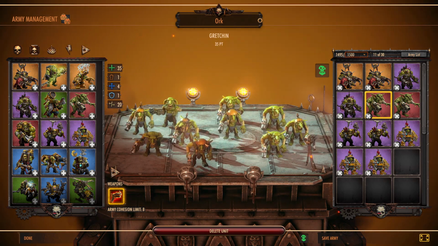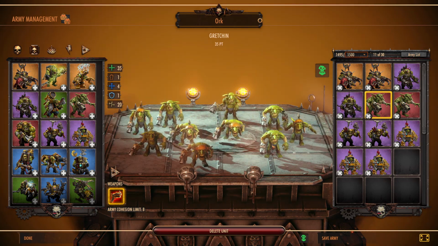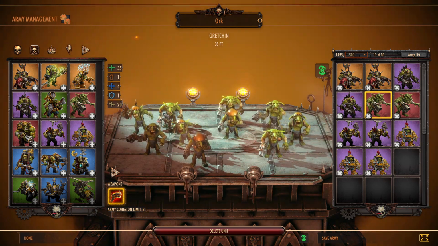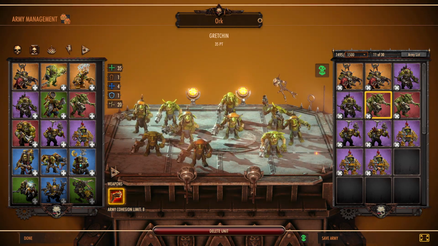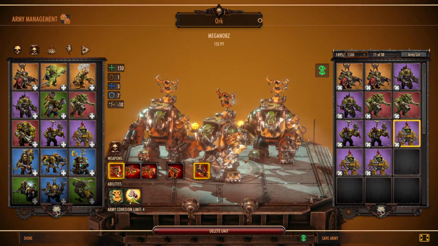Because even having assault marines kill 3 or 4, maybe even 5 models, it's going to take them 2 turns to get through here, and that's a lot of points that they tied up, whereas these guys can sometimes be a little bit rougher here. So